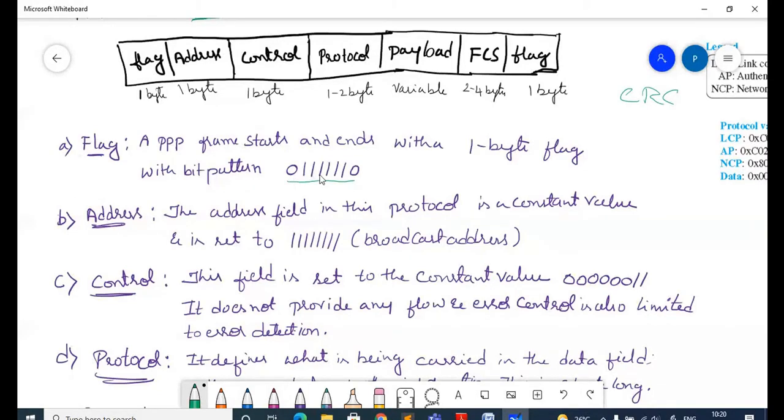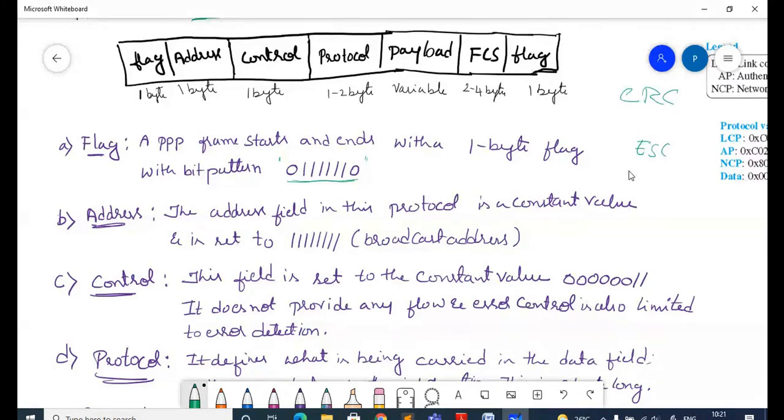Okay, so this is a bit pattern. It is used because it should be known that in case this bit pattern may be part of data, it has to use the escape character. Do you remember? In bit oriented and byte oriented, if it is character oriented or byte oriented and the flag pattern is part of the payload, then you have to use the escape character. Before this there should be an escape character to indicate that this is not the end of the frame.